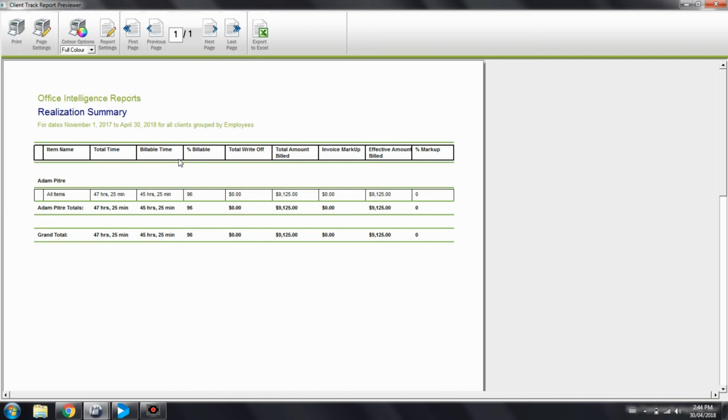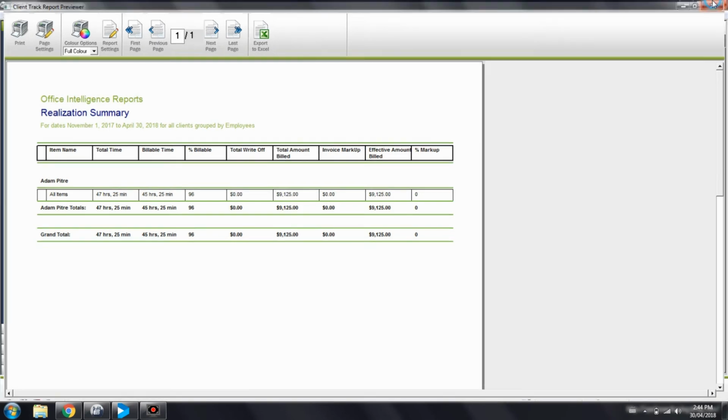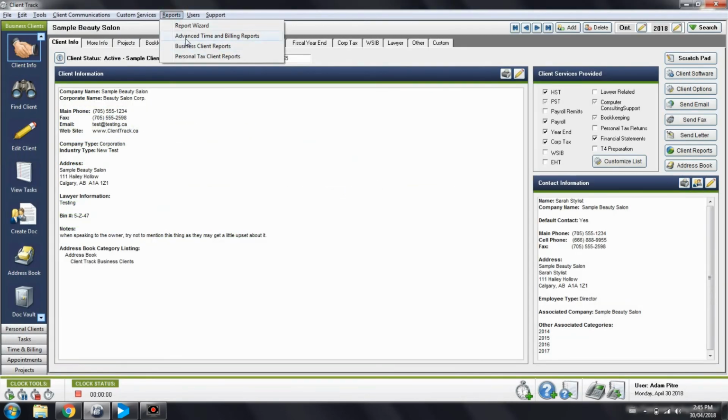So based on the total time, the billable time, the percentage in which that it is billable, any sort of write-offs, total billed amount, any sort of markups or markdowns, the effective billed amount for this particular user is in this case $91.25. Now obviously your numbers may be not quite so even like mine are, but these numbers are going to provide you with a lot more insight and realization for how effective your employees are being. So once again, if we just look back at the other one here,